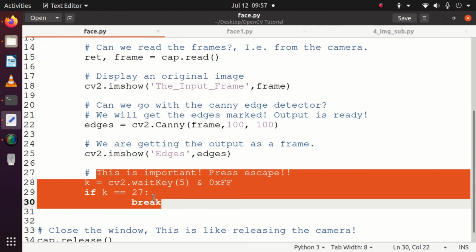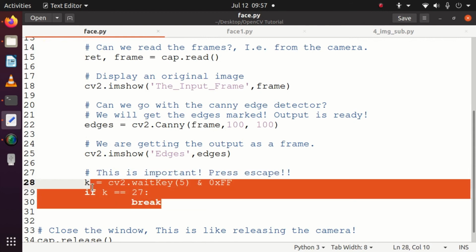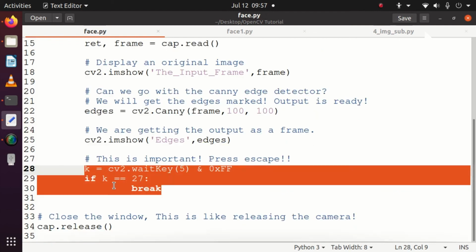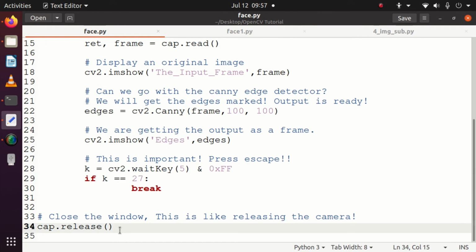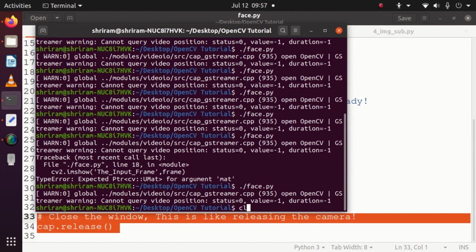And then I'm showing the detected edges as a separate video window, and this will permit you to press the escape and then to close the process. Until and unless you press escape, this window will be displayed and the real-time video feed will be analyzed and the edges will be presented to you easily as ever. And this step will wait for your escape key pressing, and with that it will be done. And finally, what do we need to do? We need to release the cap. cap.release is like releasing the camera. That's it. I'm going to run it for you right now.